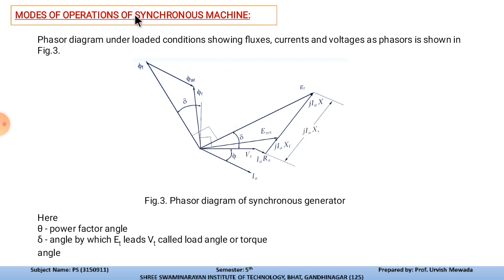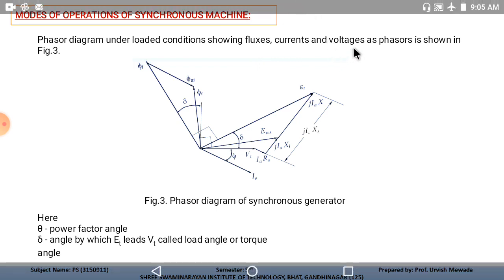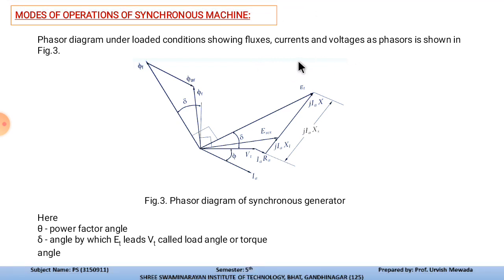As we know, the synchronous machine is a machine which runs at synchronous speed, and we give this machine excitation in the rotor field winding. As we give excitation to the rotor field winding, we have three different modes of operation: normally excited, under excited and over excited. We can give excitation to the synchronous machine generally in two ways.